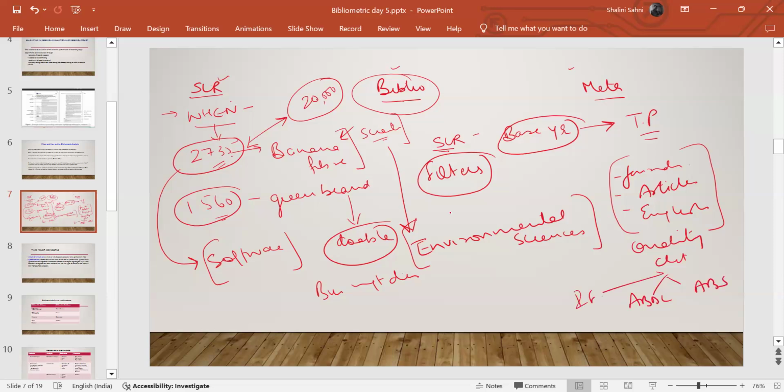So all these criteria you can apply in SLR. But if you're doing a bibliometric, there is no hard and fast rule whether you want to apply or not. Even in SLR, there is no hard and fast rule, but it is just a technique to bring down the number to a sizable thing where the analysis becomes easy. Okay, now